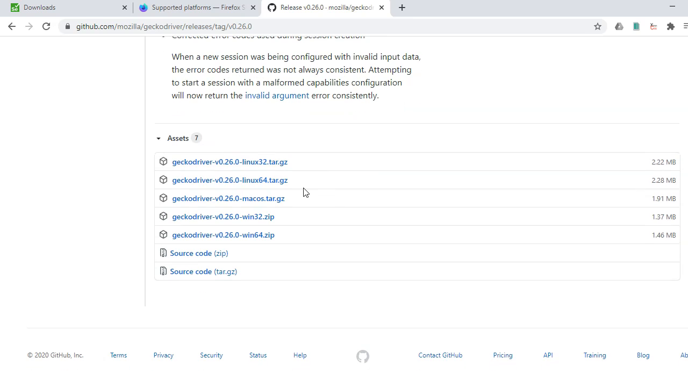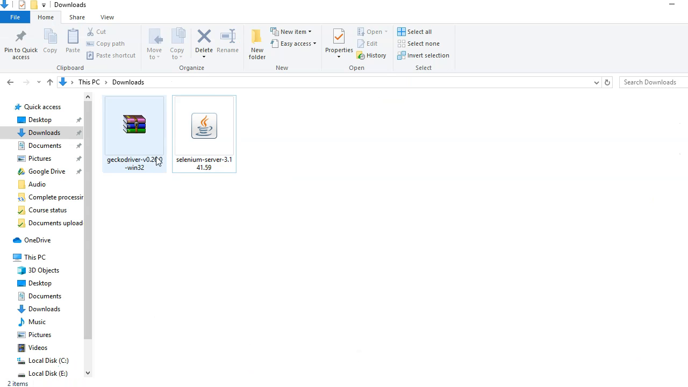Okay, so here you will see multiple files which are available. You need to click this Gecko driver 0.26 win32 zip. Okay, so I will pause this video, let it download. Okay, so Gecko driver is downloaded successfully. I will just open my downloads folder, and you can see there is one zip file which is present,